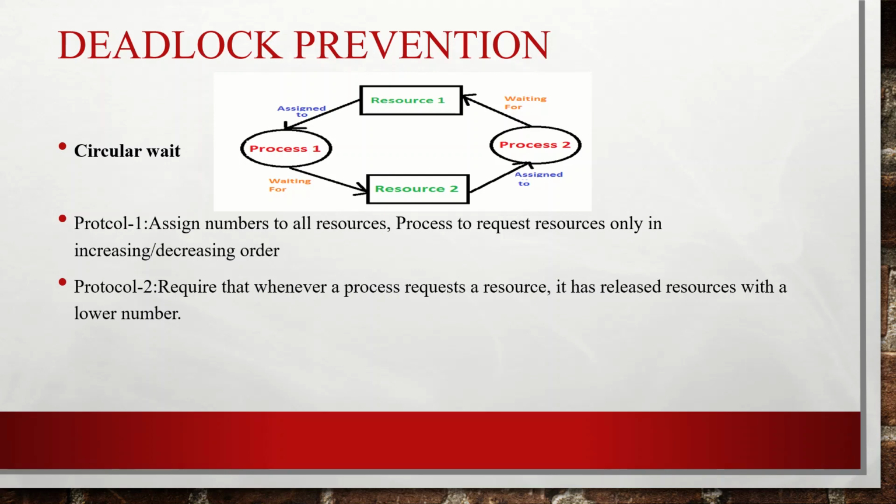The first protocol: suppose in this example, which we have already discussed, you can see that there is a circular wait. Process 1 has been allocated resource 1 and is waiting for resource 2, which is already allocated to process 2, and again process 2 is waiting